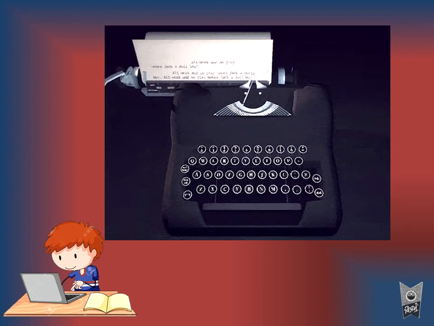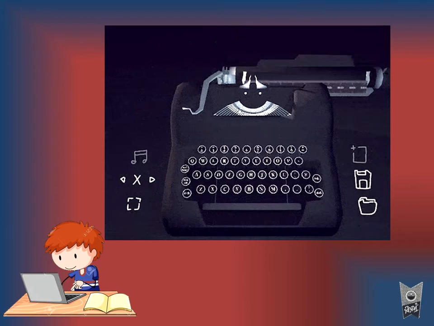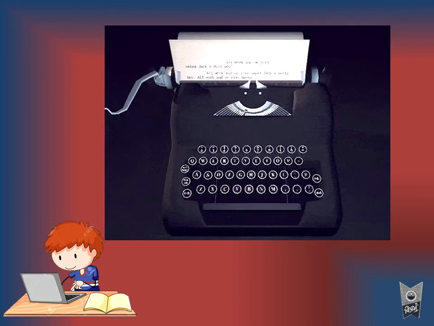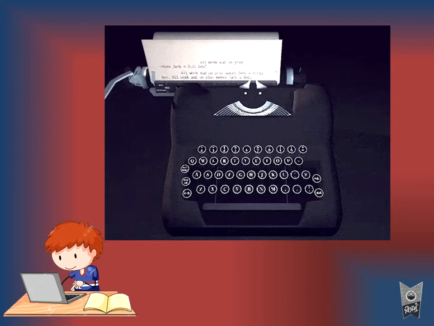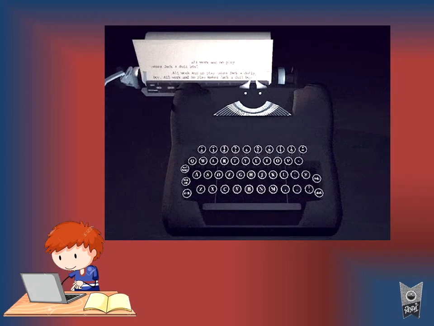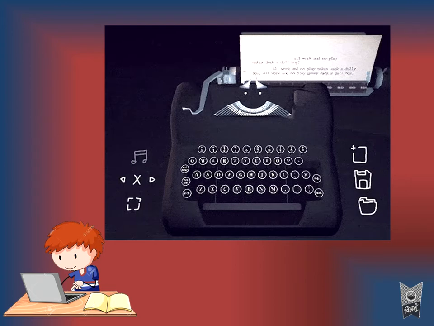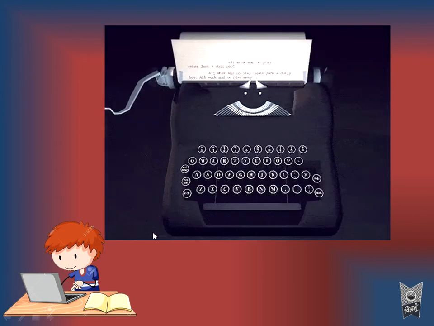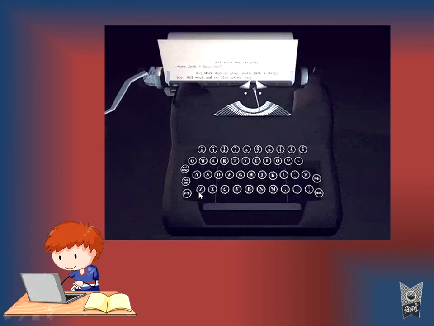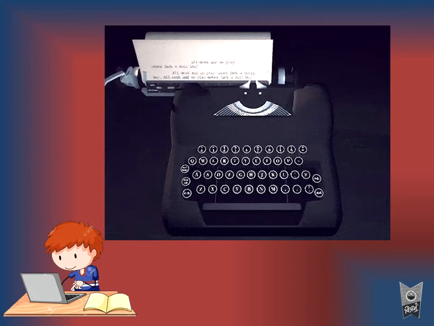So the inventor thought, if there is a problem we have to find a solution. So he started thinking, what should I do? To reduce the speed at which the people were typing, he rearranged all these keys, and finally this was used as the most useful or the best possible keyboard for the typewriter. Okay, so if you see, it has QWERTY in the starting, so it is called the QWERTY keyboard.